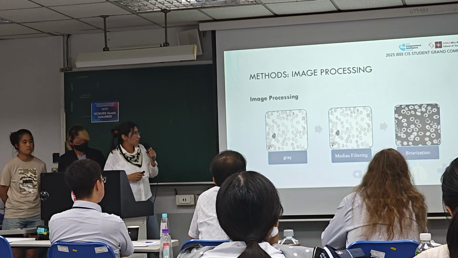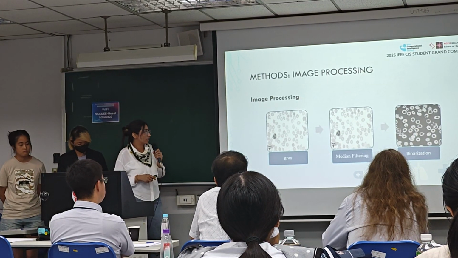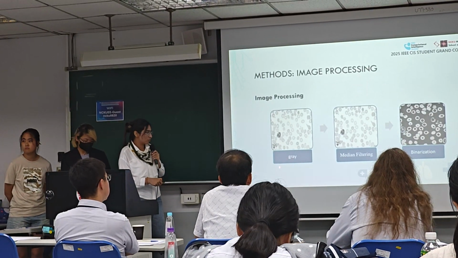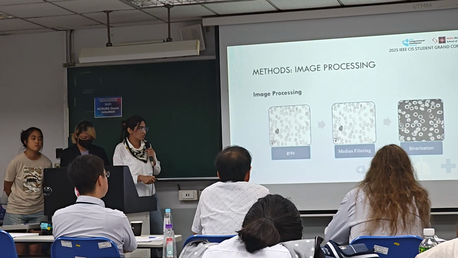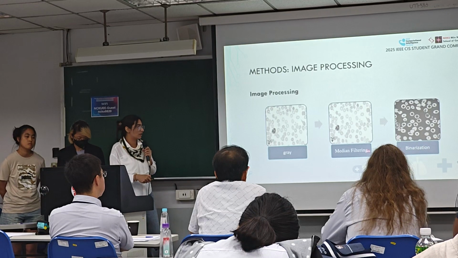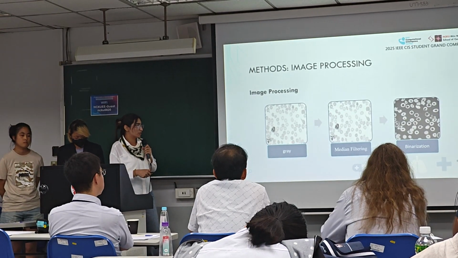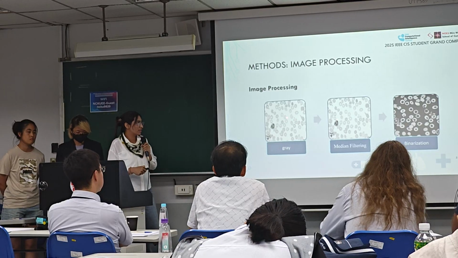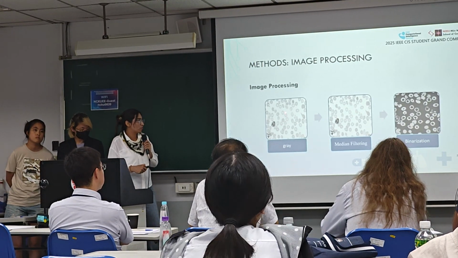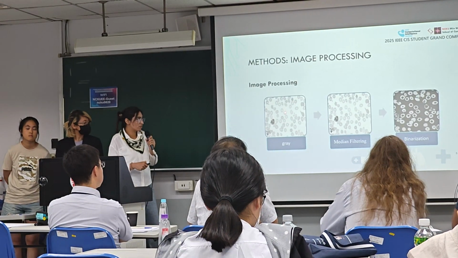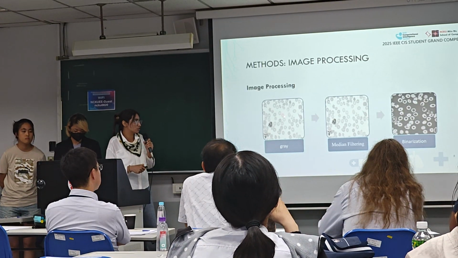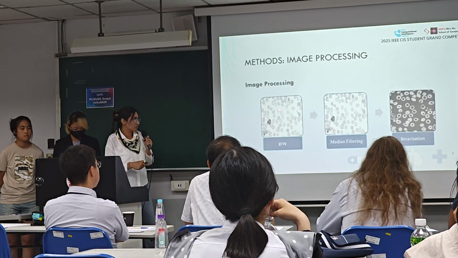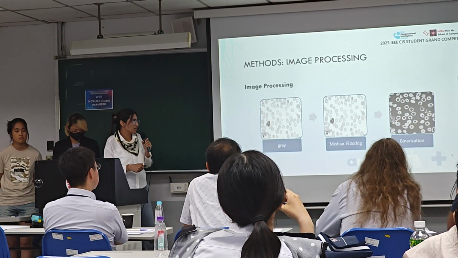And then before image processing, we have three main key steps. The first one is the image conversion into the gray background, then applying the median filtering, and then converting into the binarization. Why did we convert the pictures into the gray background? Because in this way the background will be clearer, while preserving the important details of the red blood cells, RBC, and preserving the cell